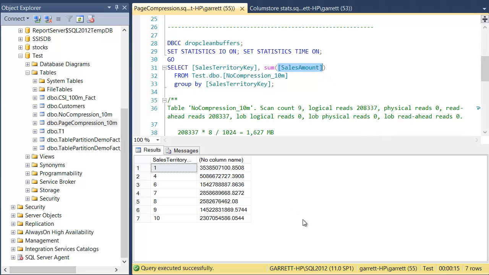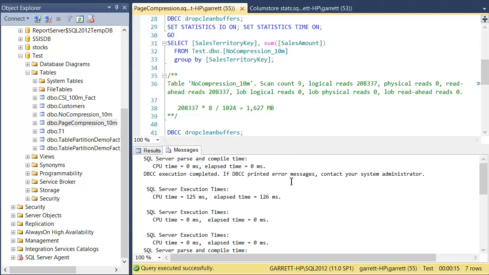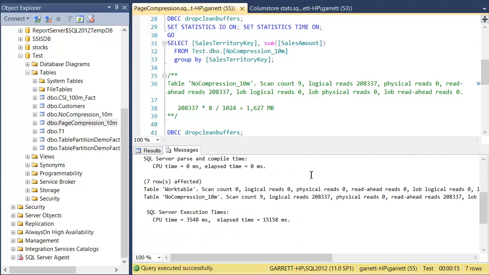Okay, so now the query has come back, and because I turned on my IO statistics and my time statistics, I have an additional tab, Messages, that gives me the statistics for this particular query. I'm going to scroll down to the bottom. Now the important thing to look at here is, here's my table that I was querying, my fact table. And I have a scan count, logical reads, physical reads